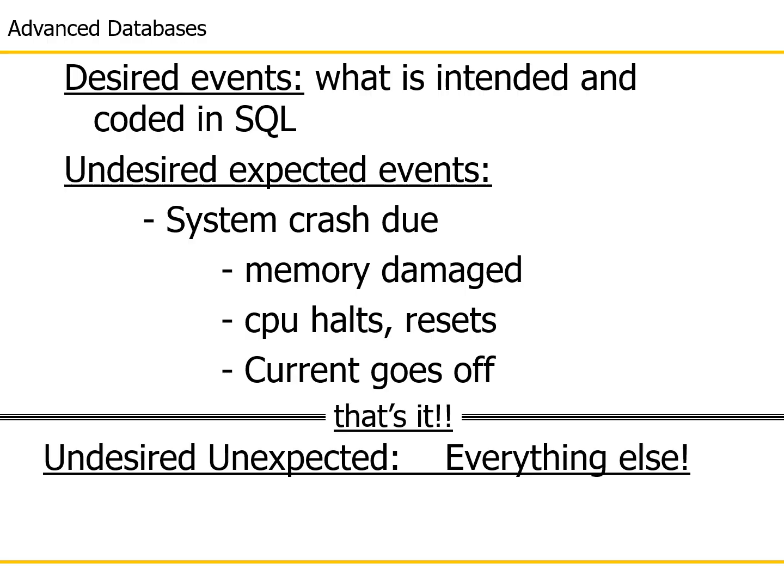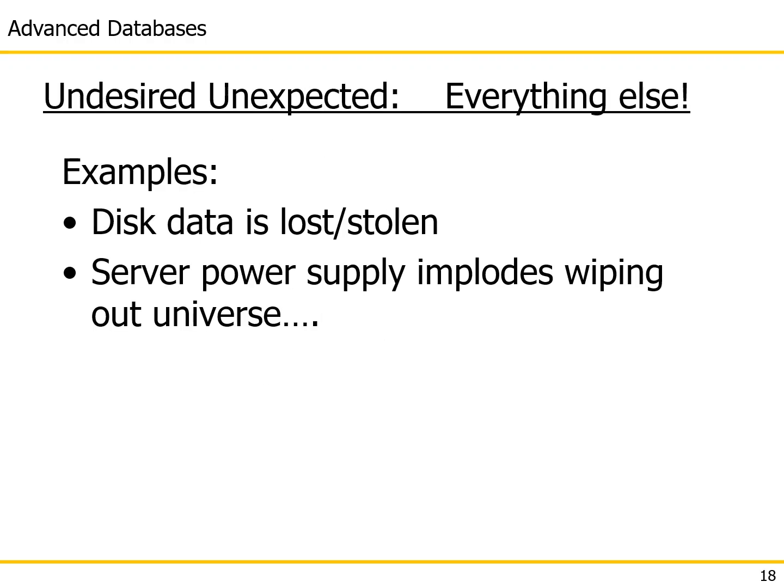Okay, so everything else is undesired and unexpected. Obviously, it is undesired. We don't want it, and unexpected because we are not normally designed to think of it. Unless you are a paranoid person, you would not think of what I'm referring to as unexpected. Okay, like for example, you get this crazy employee who hates the company and decides to steal the hard disk. Okay, well, actually, in banks they have mechanisms or policies or regulations against this, or to protect against this. For example, because